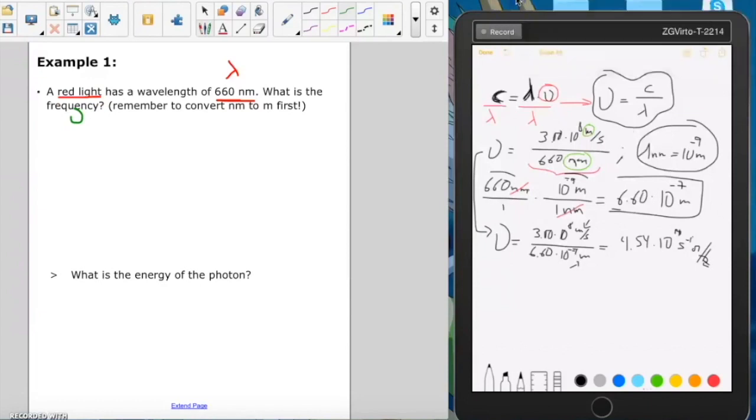Okay, so we know the frequency. This is the frequency, 4.54 times 10 to the 14 seconds to the minus 1, or hertz. We already calculated the frequency. So we have the frequency here, which is frequency equals